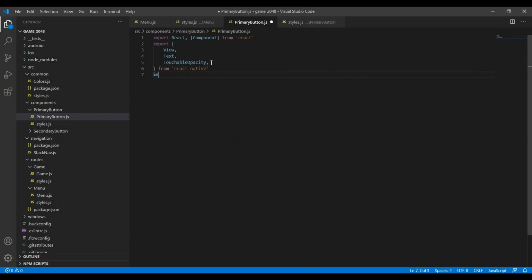And I'm also going to import ./styles, which is the styles file right here. So this one which I created in the same folder as my primary button. And now let's just do export default class PrimaryButton extends Component,